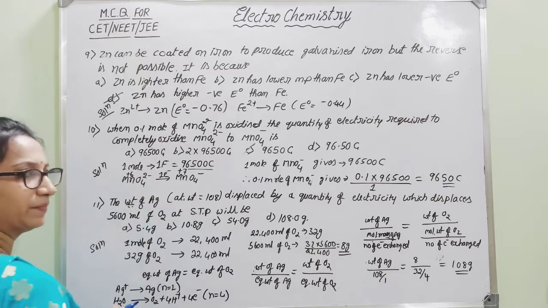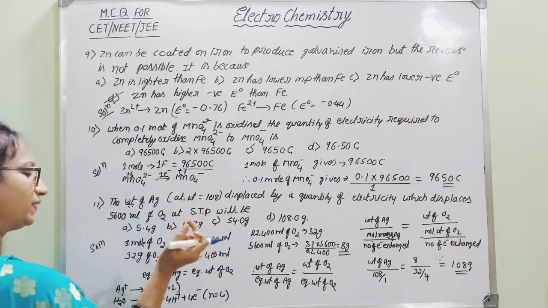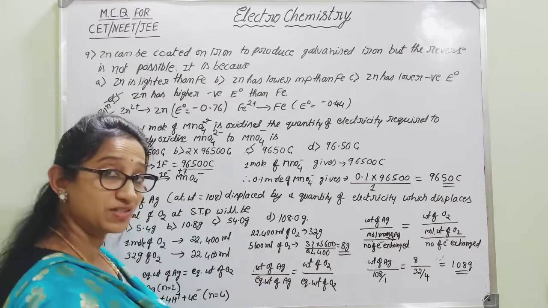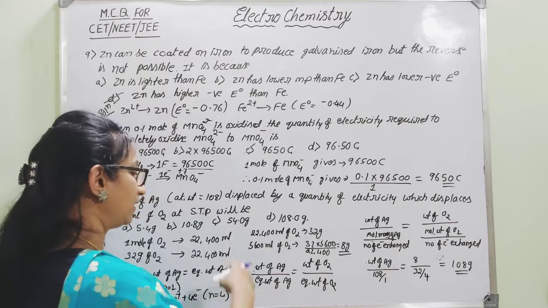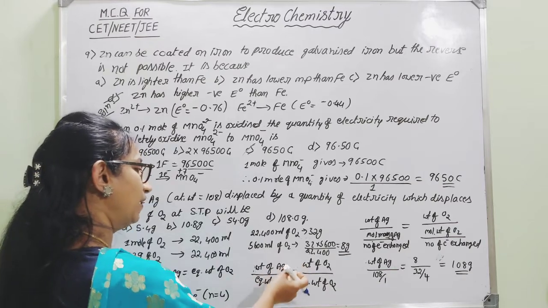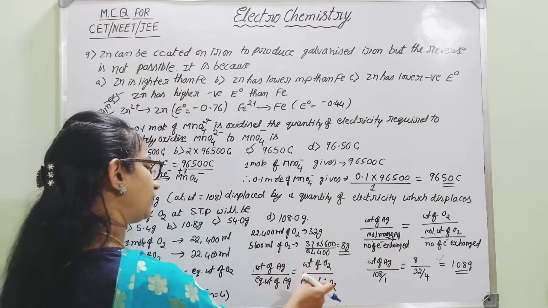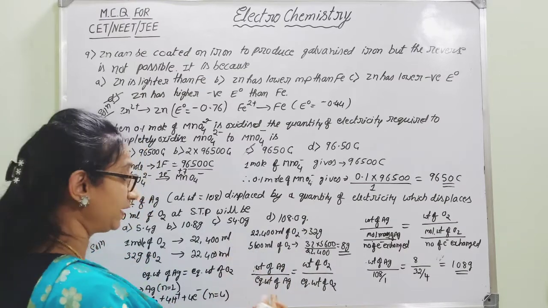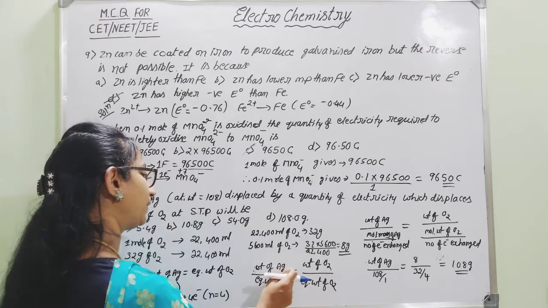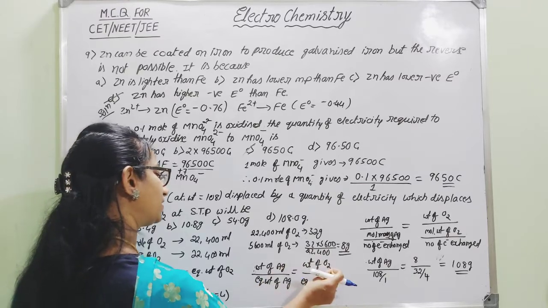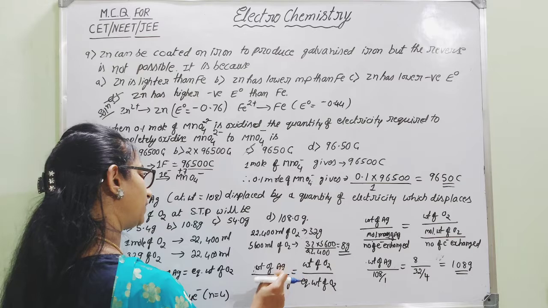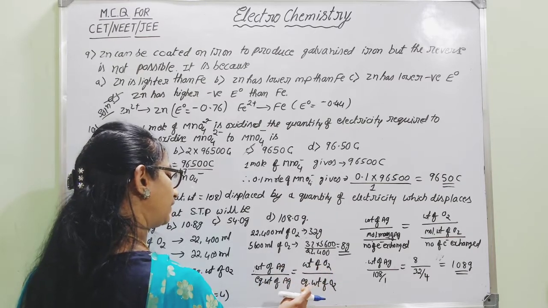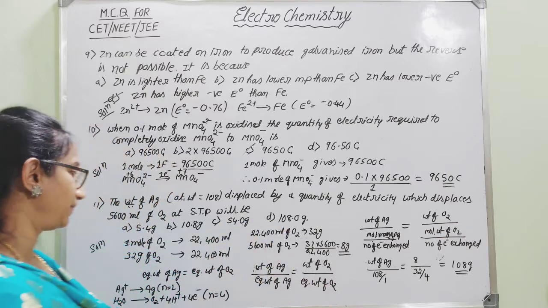of that silver. We can easily remember Faraday's second law. According to Faraday's second law, when the same amount of electricity is passed through two electrodes, the amount of substance obtained will be proportional to their equivalent weights. Isn't it? Here the amount deposited will be equal to their equivalent weights. Therefore, we can compare the two. One is silver, another one is oxygen. Weight of silver by equivalent weight of silver is equal to weight of oxygen divided by equivalent weight of oxygen.